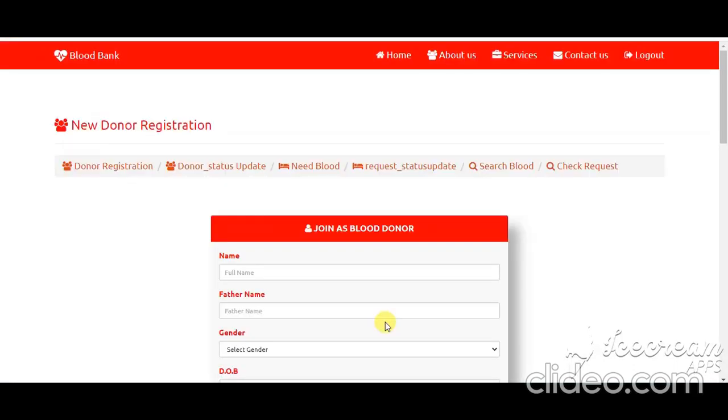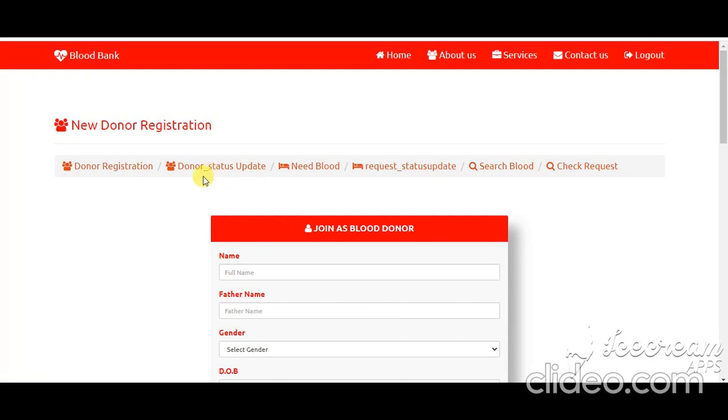There are 3 stages of donor: new donor, active donor, not active donor. A new donor is donating blood for the first time. An active donor is ready to donate blood. A not active donor has donated blood recently and the 3 month period after donating the blood has not yet completed.